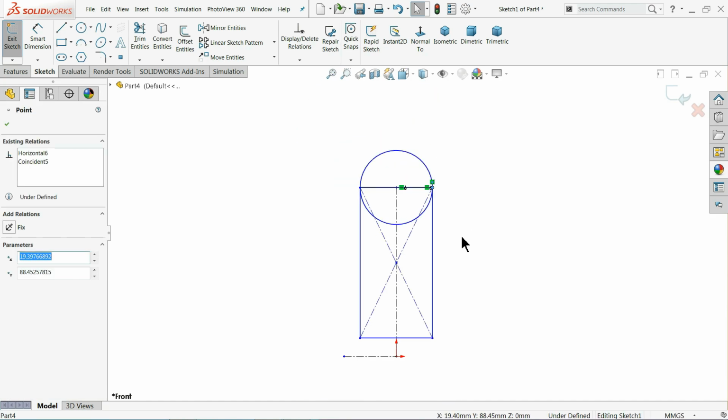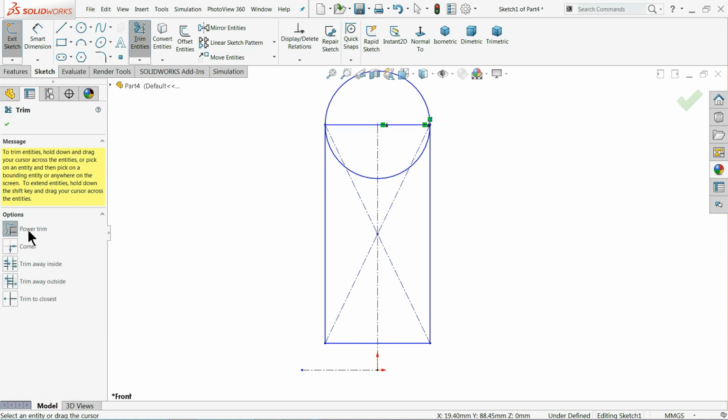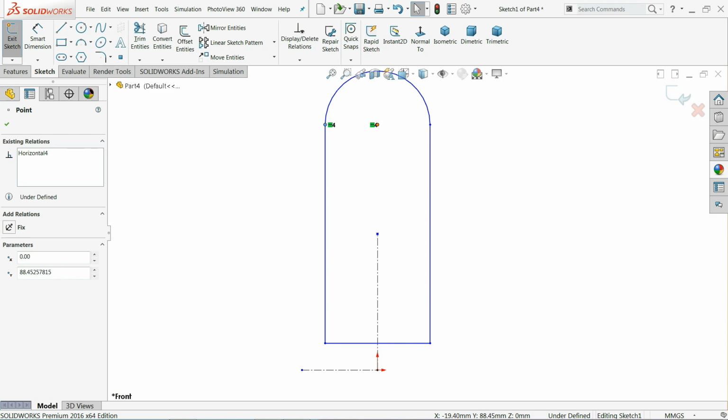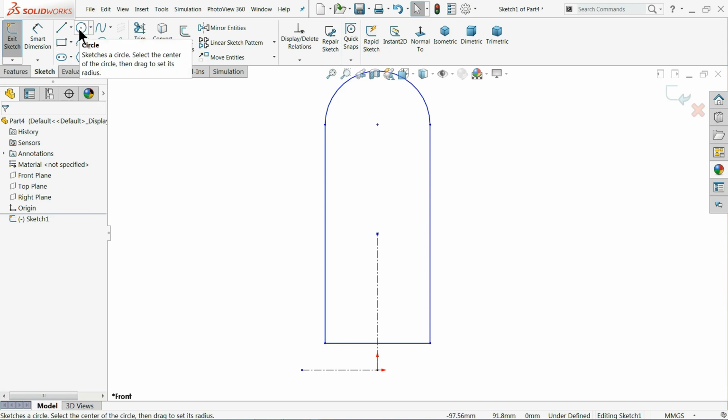It coincides. That's fine. Choose trim entity and select power trim and trim all the inside things. Okay, now if we delete all the things, we have to create relations. This already has a horizontal relation. Distance.